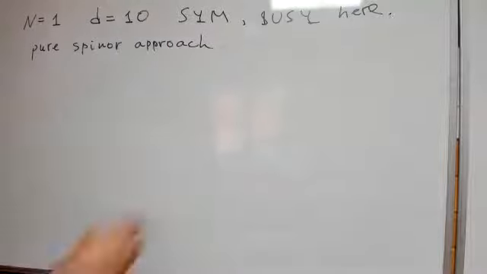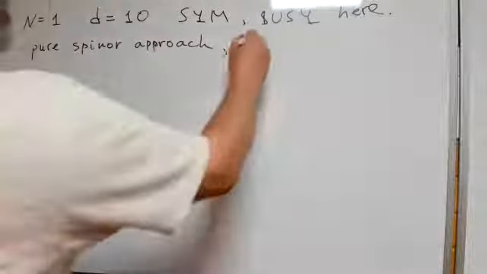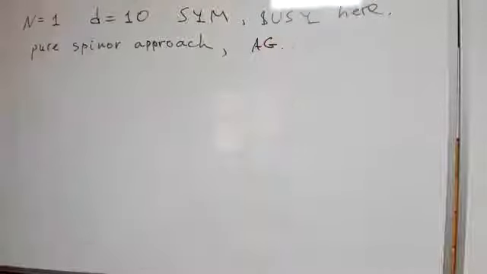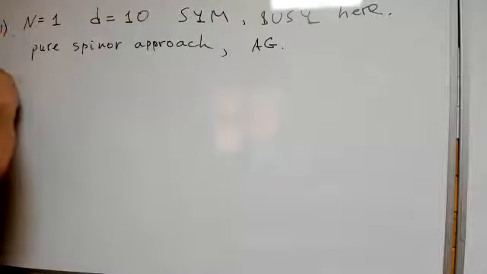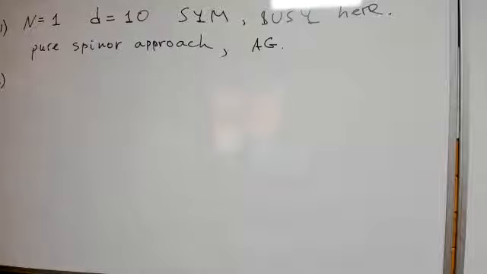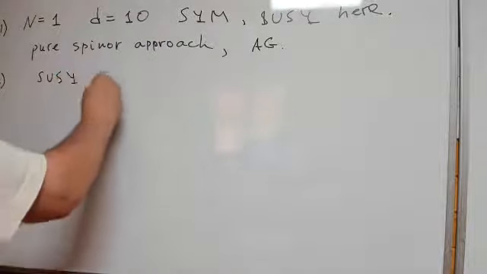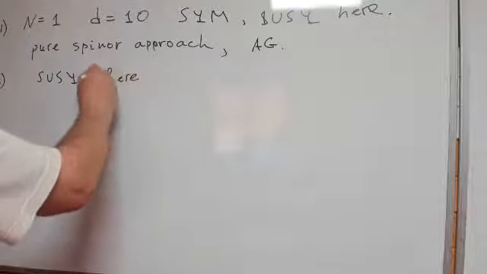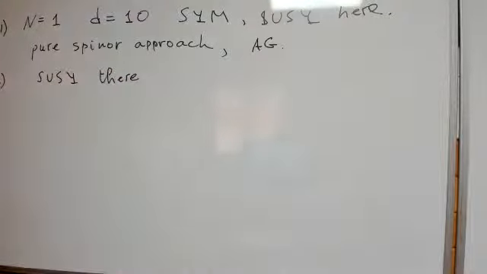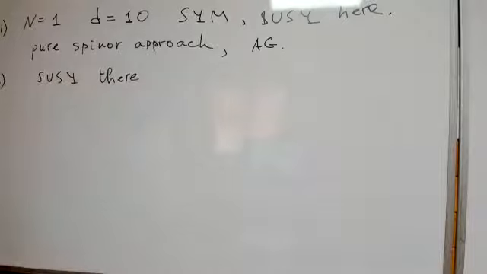But I'm going to treat it in terms of algebraic geometry. And what is also interesting is the structure of supersymmetry there. What is interesting is that supersymmetry of this n equals 1, d equals 10 super Yang-Mills is realized